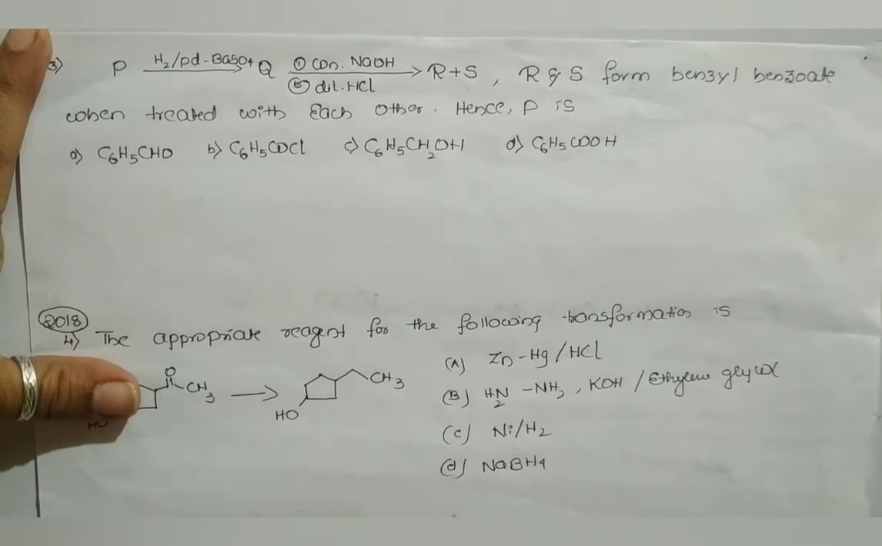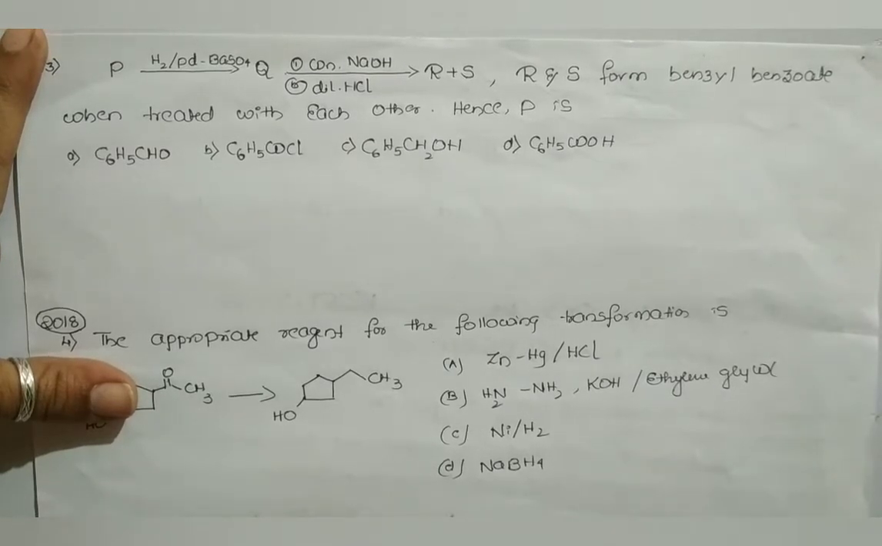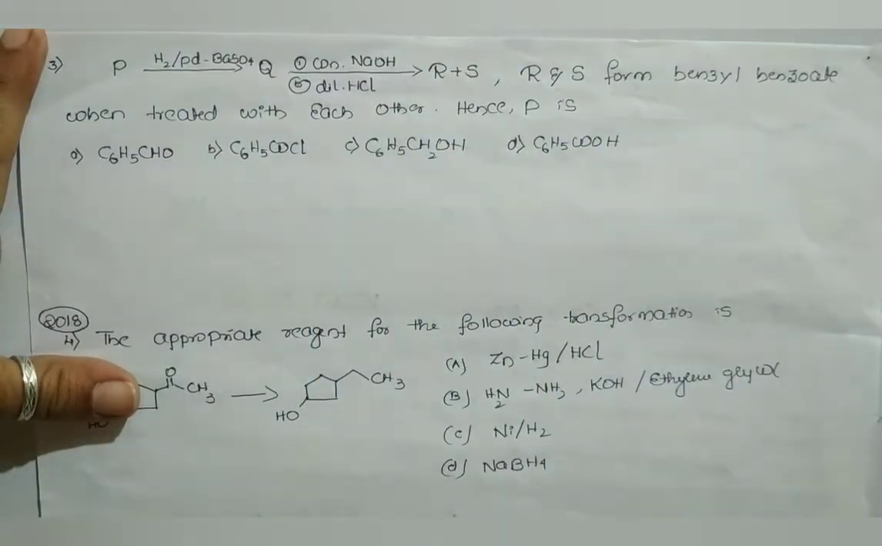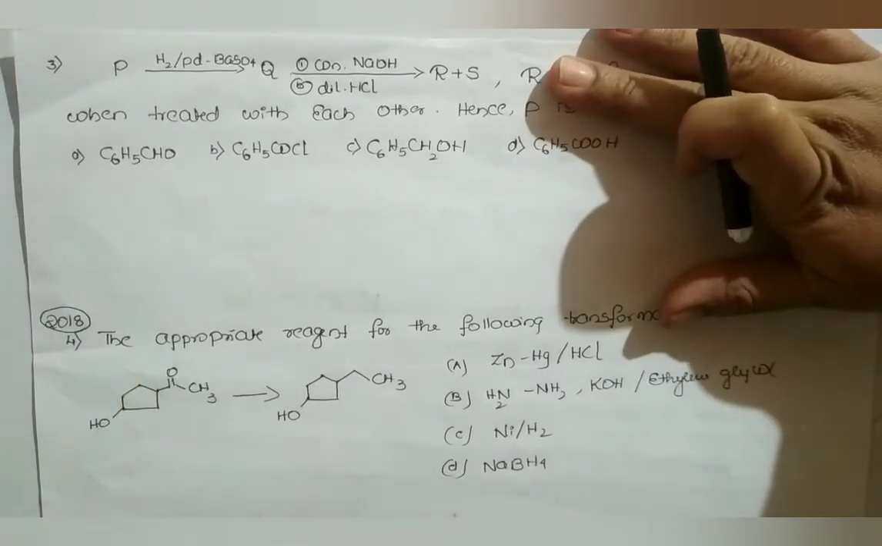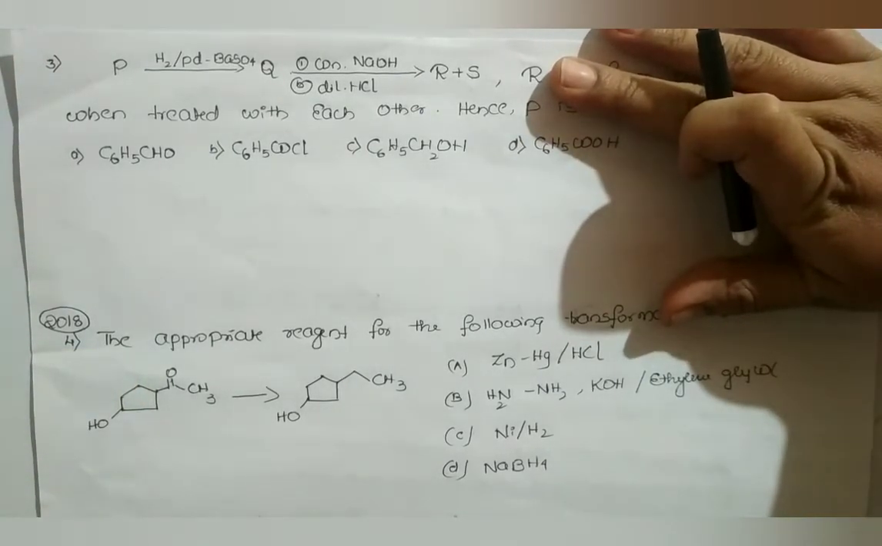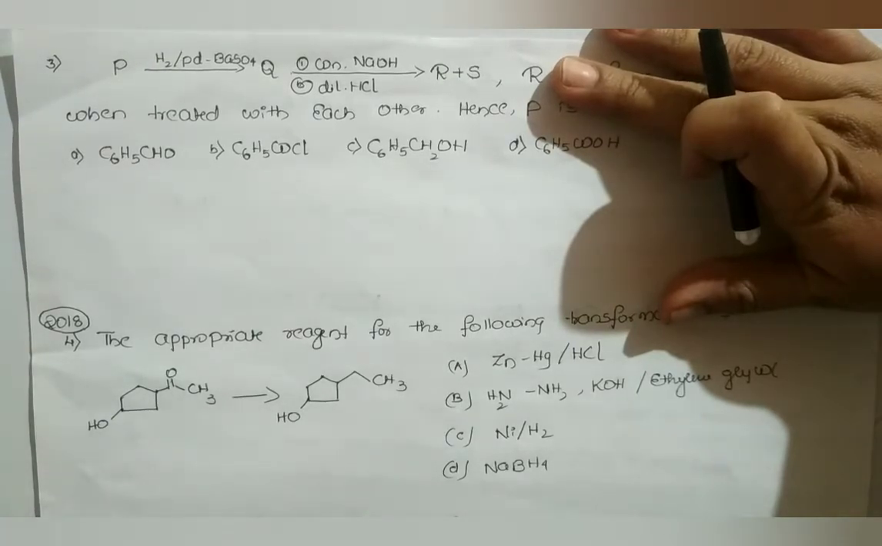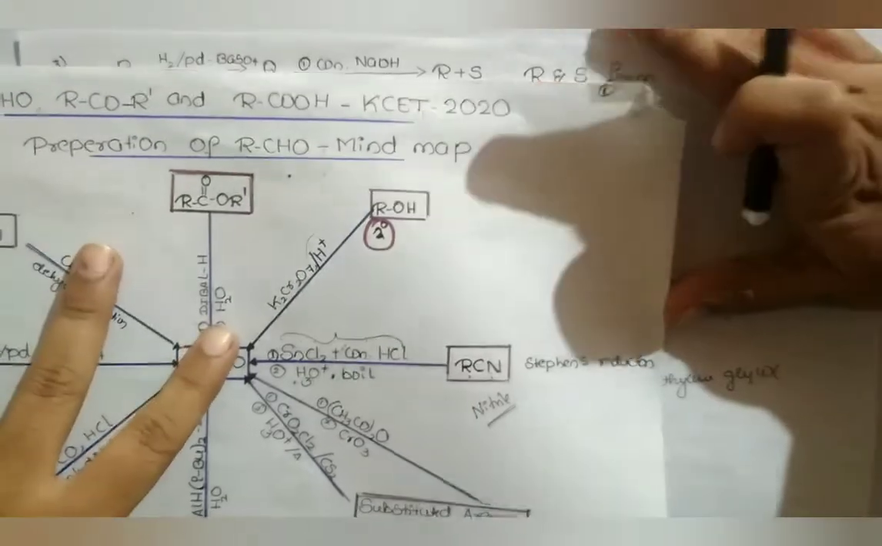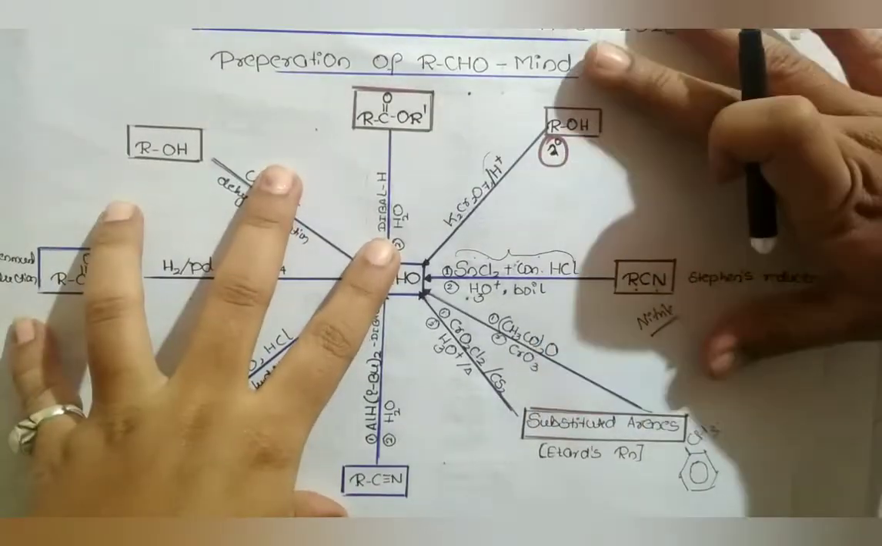So here the R and S form benzyl benzoate when treated with each other. Hence P. The thing we need to know is only the beginning of the compound, that is, the main reactant over here. Dear students, we have discussed this in the preparation of the aldehyde itself. I hope you remember. During the preparation of aldehyde, you could see over here. So here I have mentioned,